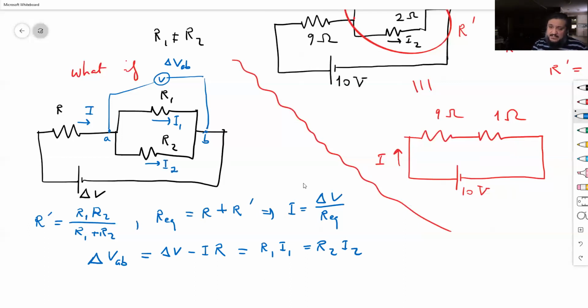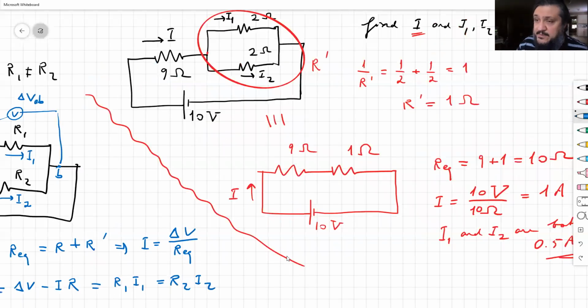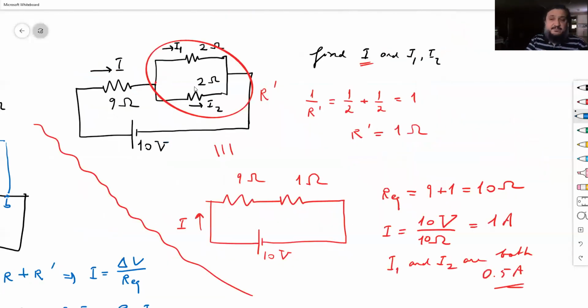So I would find delta VAB by subtracting IR from delta V, and then divide that by R1 to get I1. And to get I2, either subtract I1 from I, or just divide delta VAB again by R2 and get I2. Okay, that's what I would do if these two were not equal. But this problem had both of them 2 ohms, so I would say, okay, half of the current goes that way, the other half goes through the other resistor. All right, so that's the series and